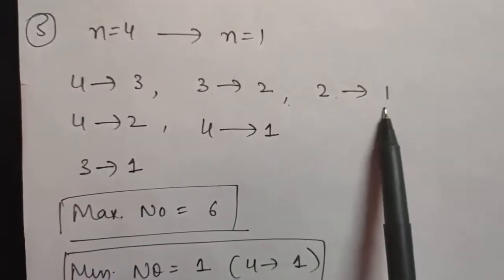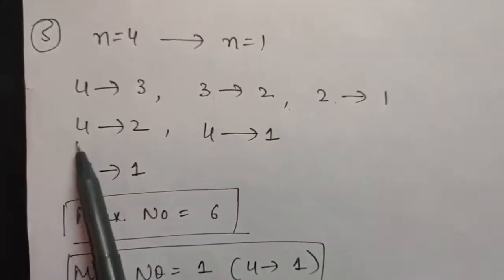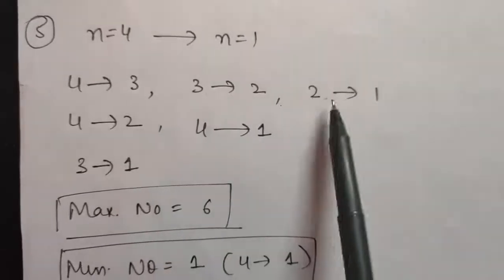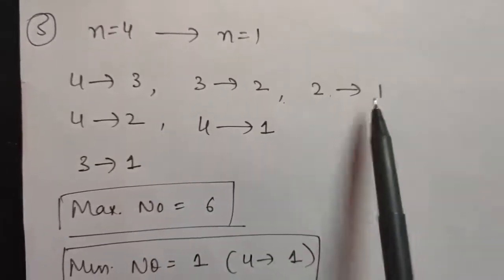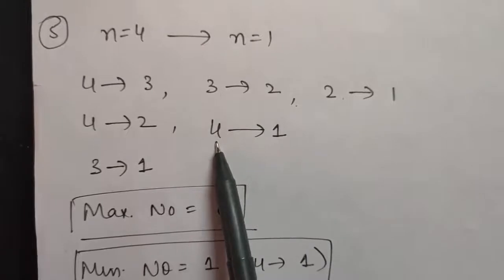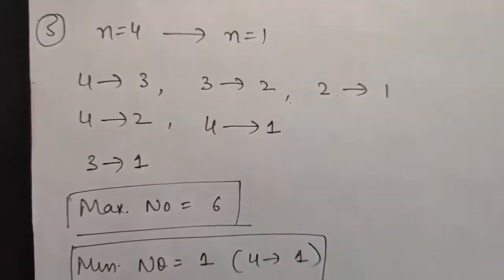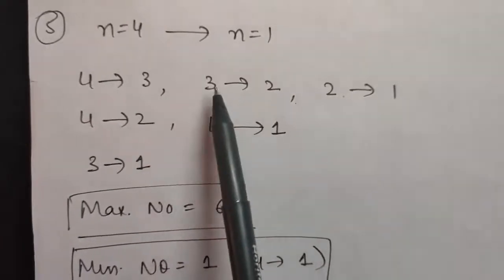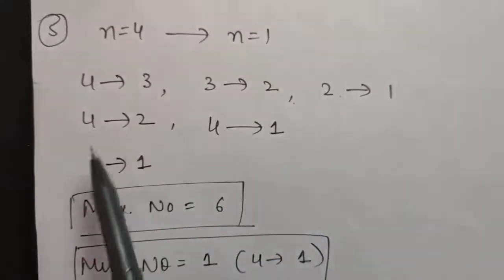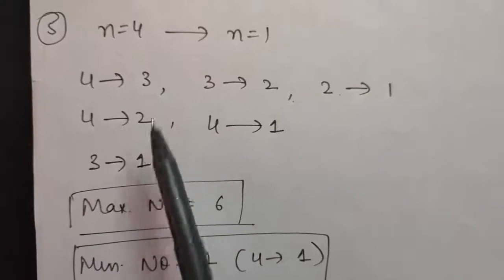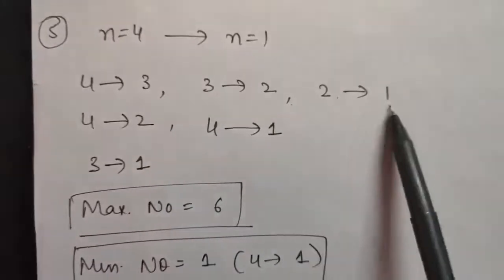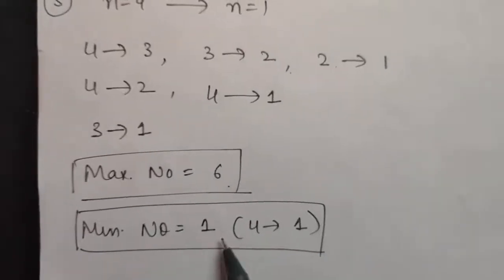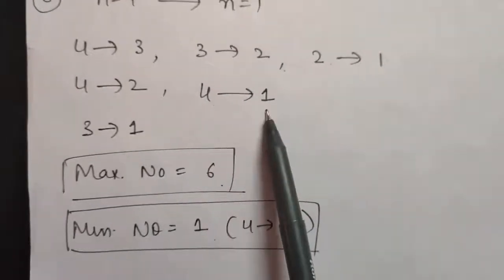For second transition from 4 to 1, electron can go directly from 4 to 2, okay, and 2 to 1, which is already taken, so I have not written that here. For third transition, it can go directly from 4 to 1, and for one more transition here, see, it is going from 4 to 3, and instead of going from 3 to 2, it directly goes from 3 to 1. So total there will be 6 transitions possible. So maximum number of photons will be 6 and minimum number will be obviously 1, which will correspond to 4 to 1.